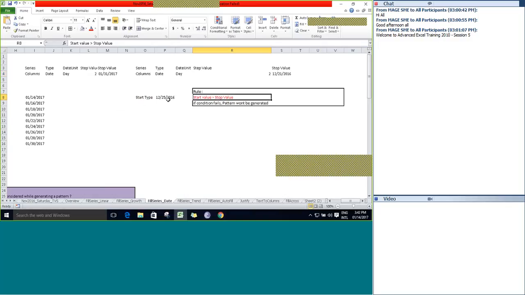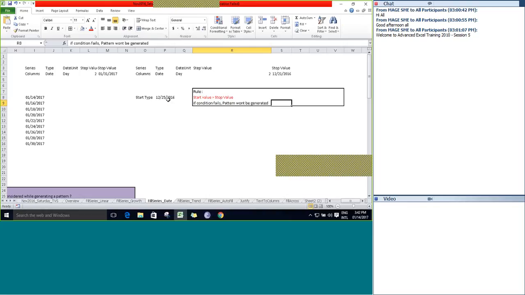Here you can see the rule type mentioned. If a start value is greater than a stop value, the condition fails. Right?